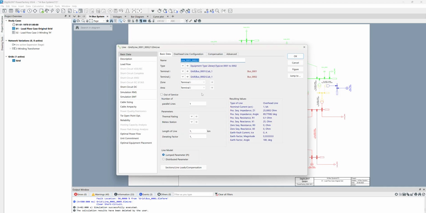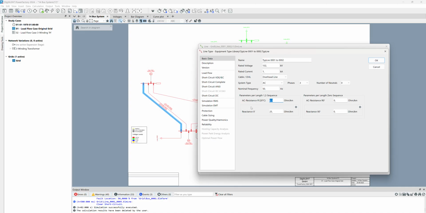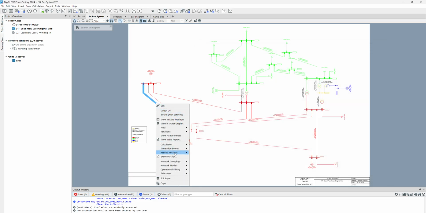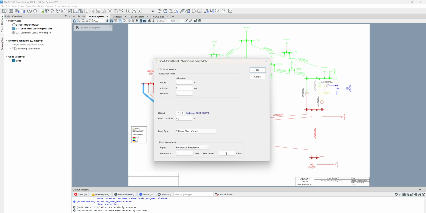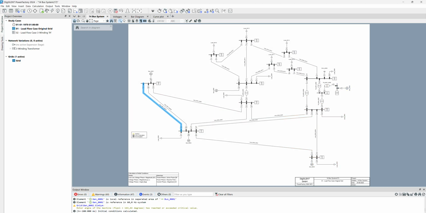So for example, in this line, if we change the reactance to resistance ratio, normally it's around 6 ohm, and we reduce it to 0.1 and the reactance to 25. In this situation, we'll have a huge DC decay value. So if we have a short circuit fault, for example,